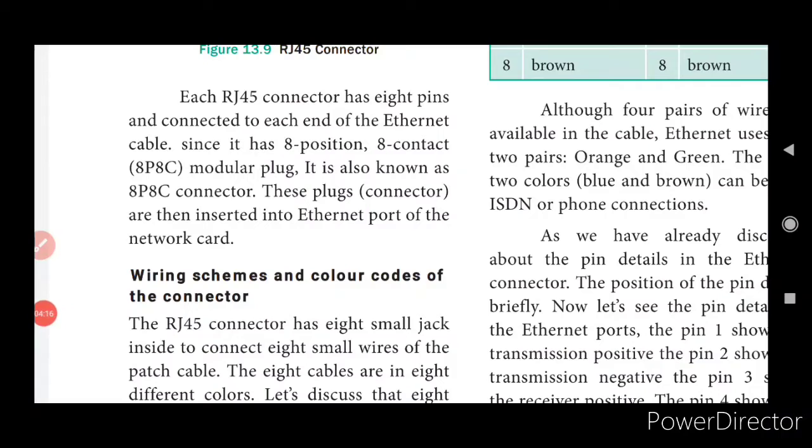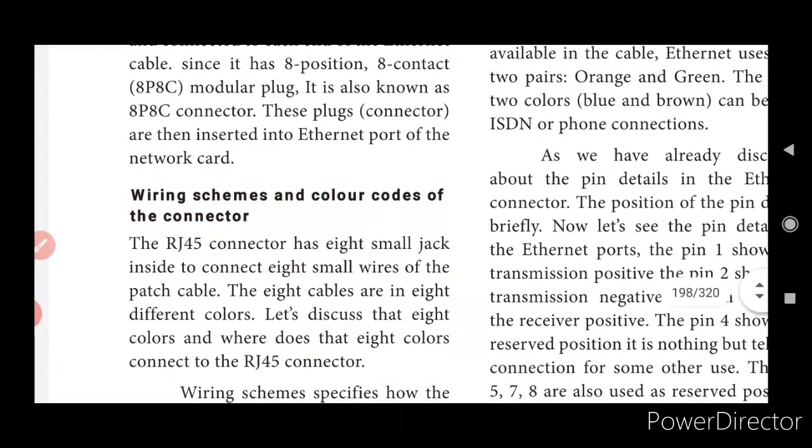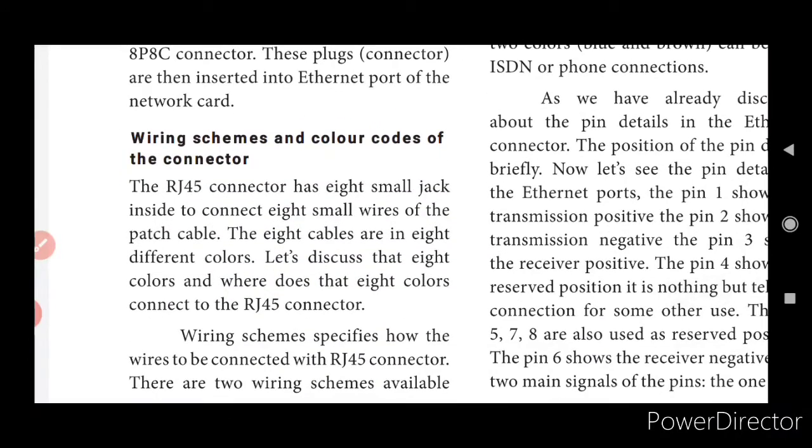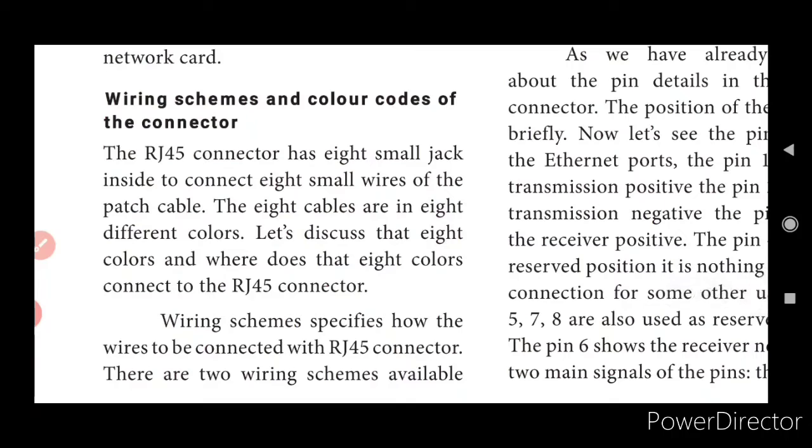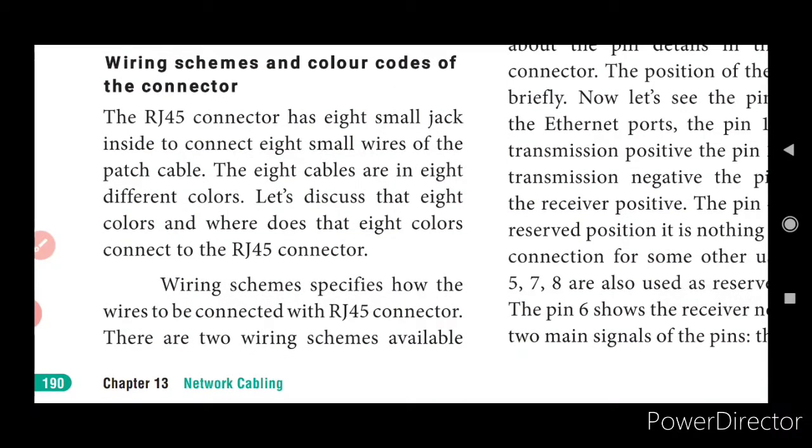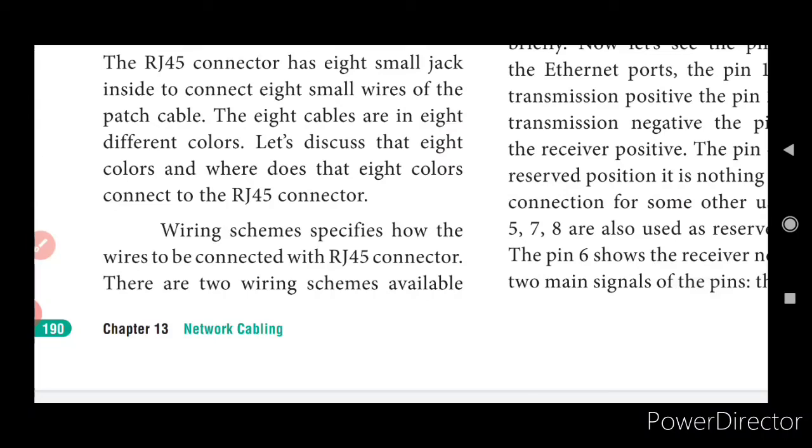These plugs are inserted into the Ethernet port of the network card. Now let us see the wiring scheme and color codes of the connector. The RJ45 connector has 8 small jacks inside to connect the 8 small wires of the patch cable. These 8 wires are in 8 different colors. We already know the colors: white-brown, orange, white-green. It's a combination. A few are solid colors and 4 are a combination of white and another color. The wiring scheme specifies how the wires are to be connected with the RJ45 connector. There are 2 wiring schemes available